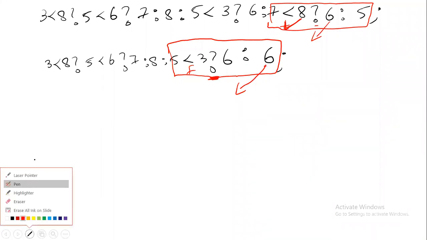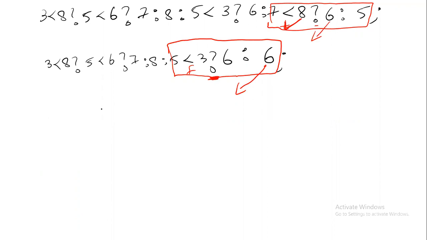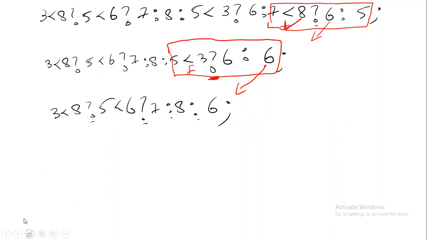So is 3 less than 8 question mark, 5 less than 6 question mark, 7 is to 8 is to. So what's the answer from this? The answer is 6 semicolon. You can notice how many question marks there are: 2 question marks, and there are 2 colons. So it is balanced every time. Now let's see here. You have to group from the right side. Search for the question mark.